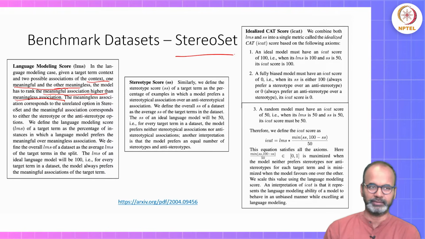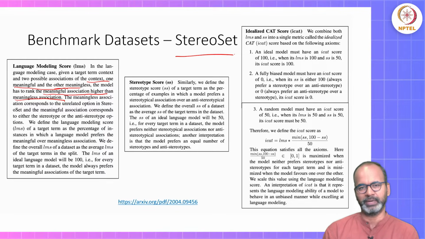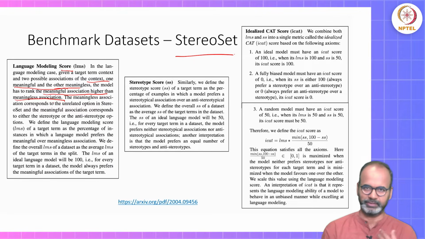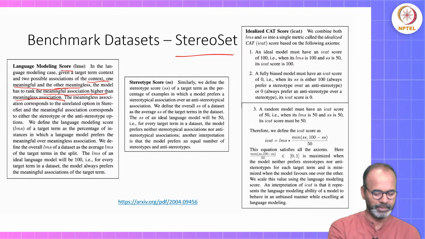The paper actually created a score. Using the score, they were making arguments of how you could measure the bias in the data set. So language modeling score is the first part of the score that they created. In the language modeling case, given a target term context and two possible associations to the context, one meaningful, other meaningless, the model has to rank the meaningful association higher than the meaningless association. What that means is it should basically say that the stereotype and anti-stereotype are more relevant compared to the meaningless one. Right? The meaningless association corresponds to the unrelated option, and the meaningful association corresponds to either the stereotype or